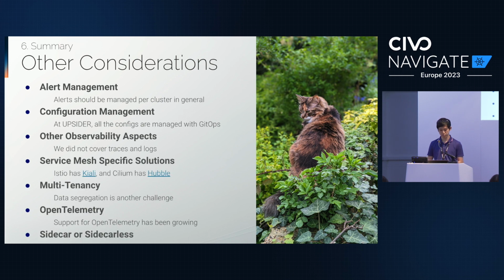And finally, some other considerations. Alert management: if you were to have alerts, you might want to consider having alerts per cluster. So you might actually need to have other metrics handling setup per cluster rather than just having the central repository. Because if you do have a central observability cluster, that means that nothing is actually real time. It would feel like real time, but it could be a 5 or 10 second delay, and that may cause some trouble with alerts.